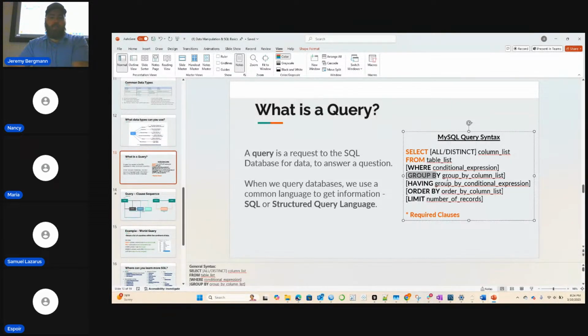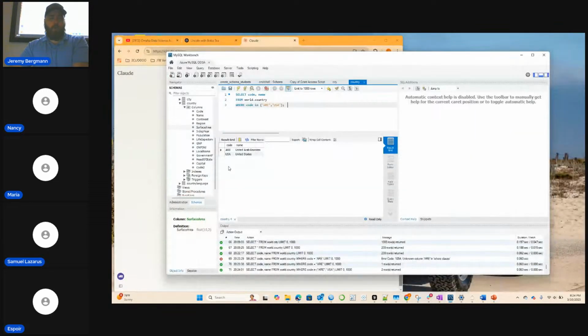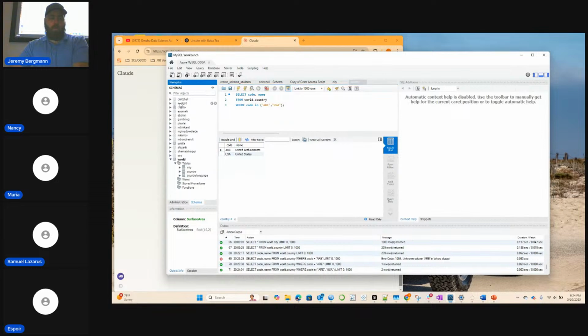Then if you have a group by, you can group by a column. Anytime you do a summary on a table, you have to do a group by, but only if you're doing a summary. Say I want the population for each country in the world. So we do the city table.